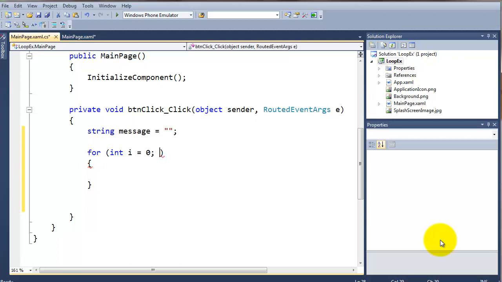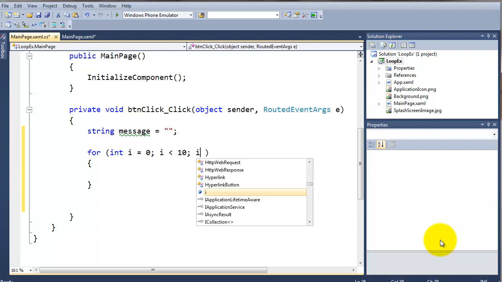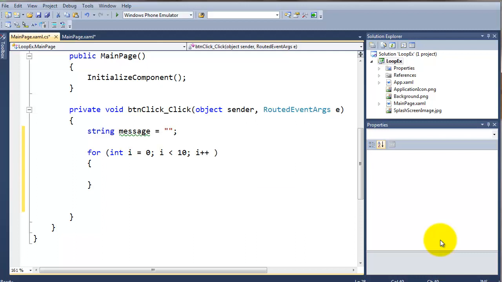We're going to say for as long as i is less than 10, or any number I decide to put up, and then I'm going to say i++ to increment that value as we're going along. Now, as we're incrementing the value, what I want to do is write out what's going to happen. So I'm going to reinitialize my message variable here. Message, and that's going to be set to message